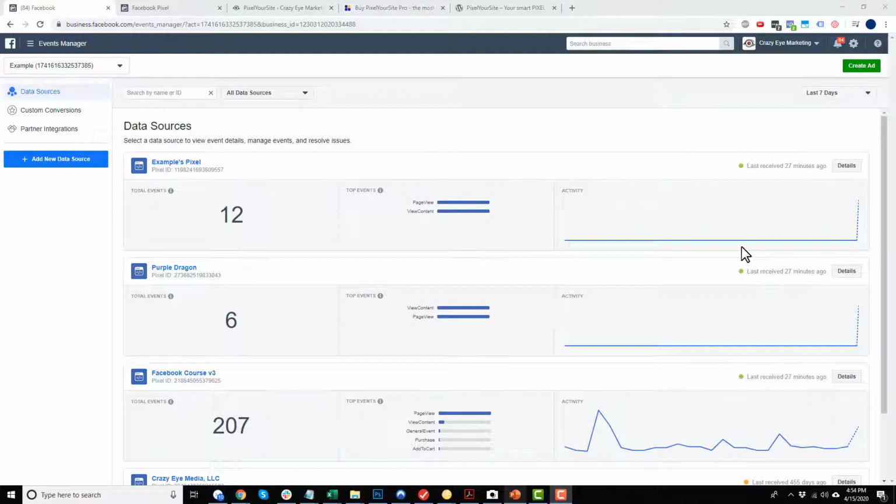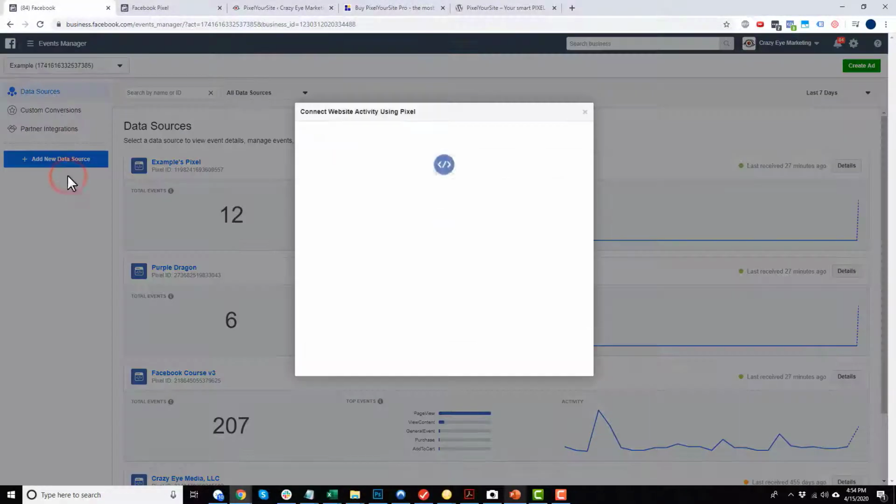The reason for that is your pixel data is for your business. Like no matter where somebody might be, it doesn't matter if it's on WordPress or ClickFunnels. Like if it's the same type of customer, they need to be part of the same pixel. Okay, so it's critically important you understand that 1 pixel per business. I get this question a lot. That's why I'm hitting on it a whole lot. 1 pixel per business. And if you need to create a pixel, just come over to Add New Data Source